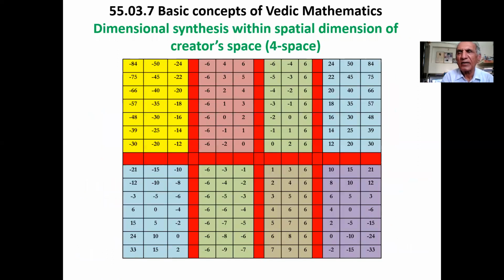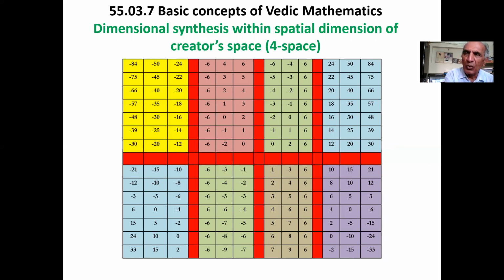Once we are within creative space dimension, that is within its surface, then the dimensional setup here, because of the specific features of this spatial dimension in the form of 2 plus 2 equal to 2 cross 2, addition and multiplication gets superimposed. Not only that, minus 2 into minus 2 is also 4. So orientations also get superimposed.